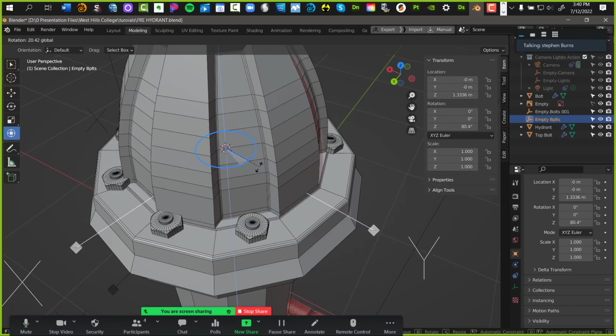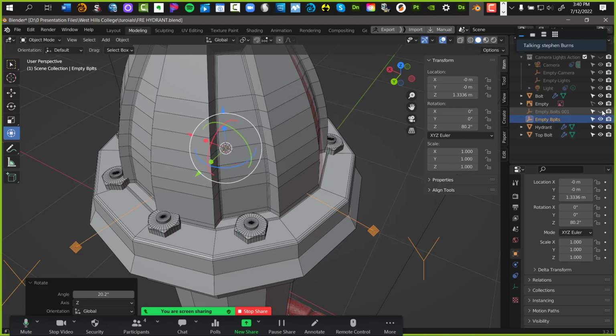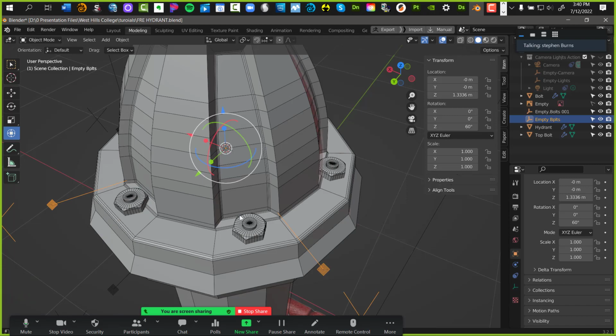Okay, so basically this other empty bolts I'm going to turn off and also lock. All right, so that's working. Okay, so what I did, I'm going to undo this to get this to match perfectly in those positions.